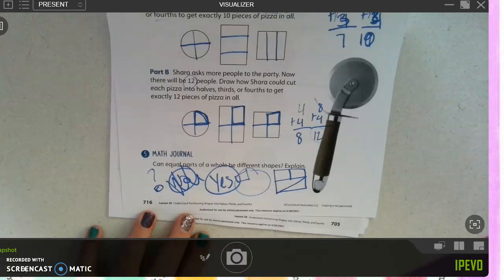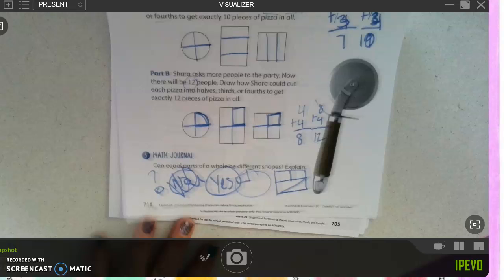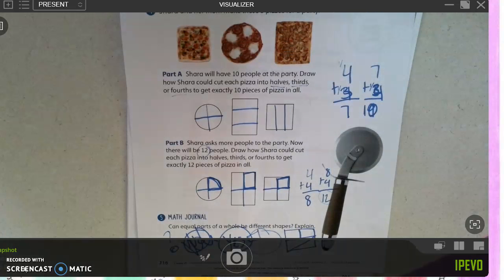What do you think to this question? Can equal parts of a whole be different shapes? Yes or no? And tell me why you think. I want to know your thinking too. Okay? And I'll come